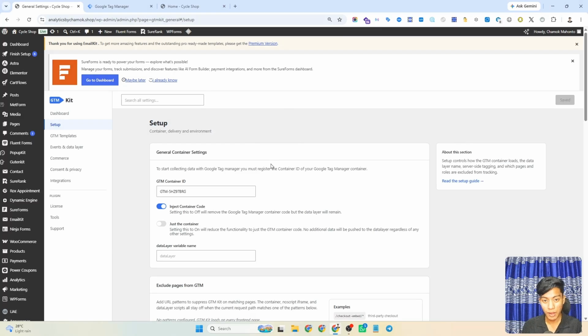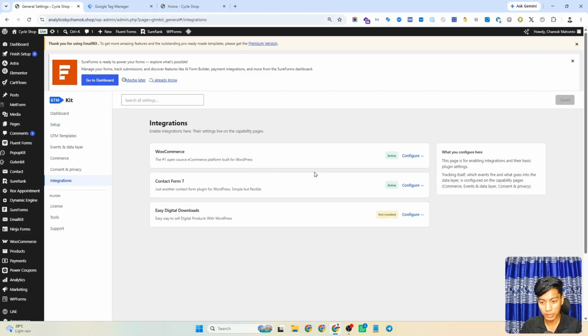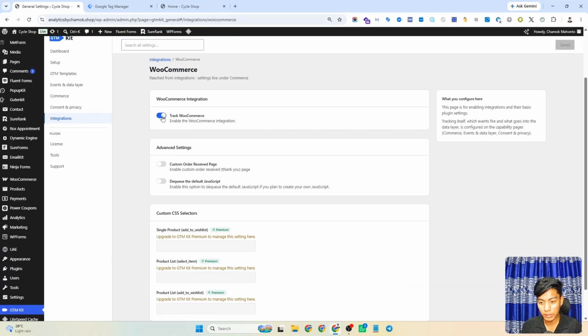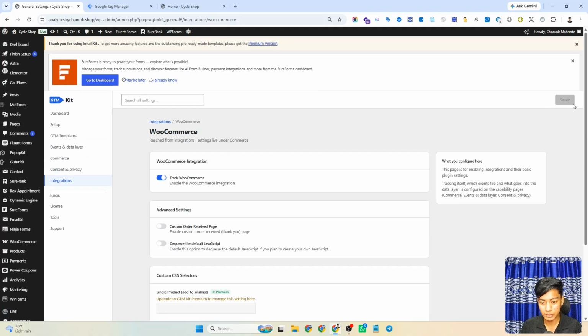Okay, after that we need to go to the integration option. I click here and you can see one option named WooCommerce. So we need to click here. As you can see, my WooCommerce is already activated, but if you are enabling this for the first time, you will see deactivate here. So you need to click the configure option, then enable the toggle option, then save changes. Okay,